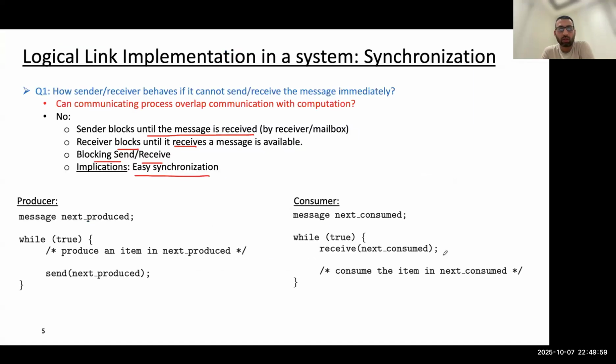Where were we? Okay. So what is the implication of this blocking send and receive? It leads to easy synchronization. What do we mean by easy synchronization? Easy synchronization means the sender sends a message and the receiver actually cannot continue until it receives that message, right? So as a result, what happens is that there is